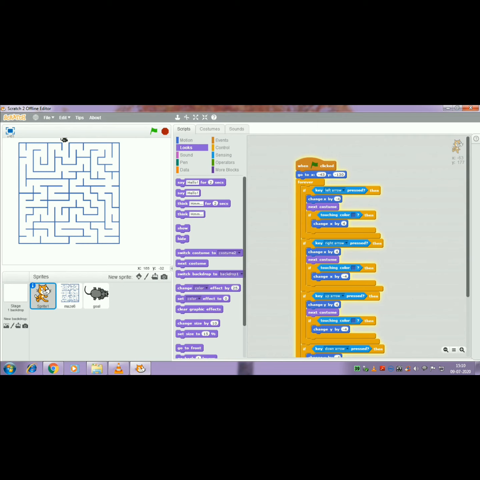If you want, you can add some more code that prevents the cat from just walking around the maze entirely and cheating. Suppose you want to select new mazes or create one, you can use the paint tool. If you want to download a new maze image or generate one, you can go to the internet and download maze images. How will you download that, children?